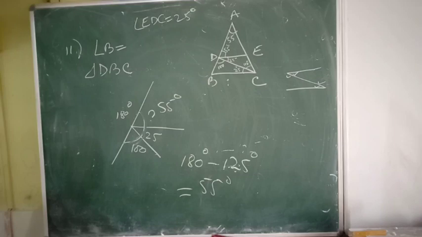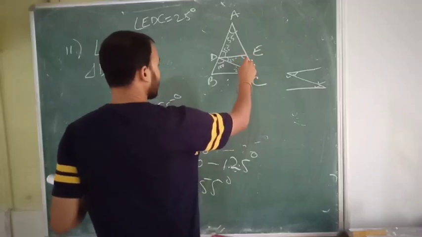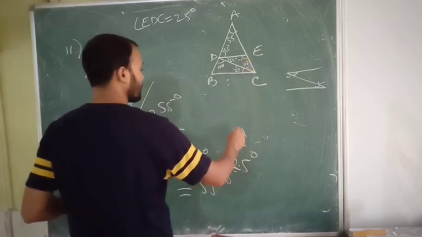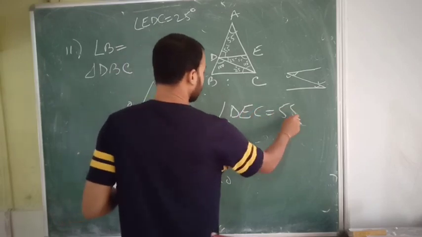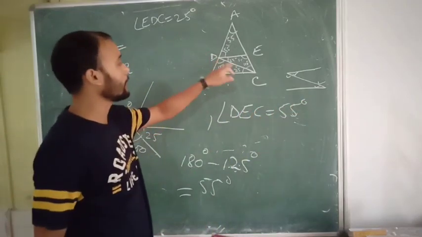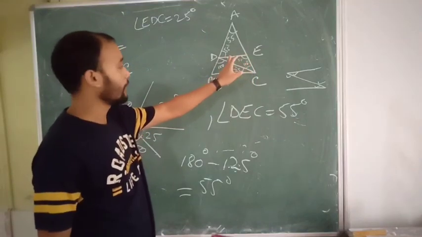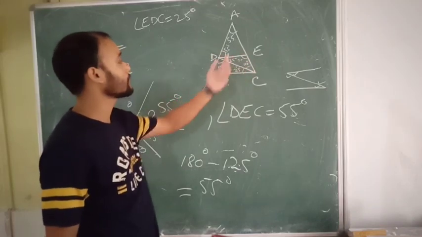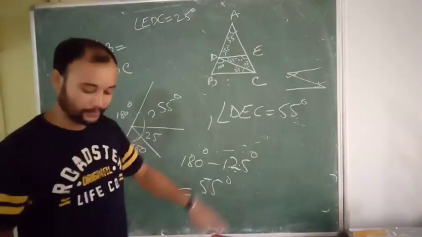DEC. This is also 55, and 180 degrees minus 125 is 55. So that is angle DEC, 55 degrees. Yes, you consider this triangle DCE. This is 25, this is 100, and this is question mark. If you add this, we will get 125, and we know the sum of the three angles of a triangle is 180 degrees. Simply subtract 125 from 180, then you will get 55 as the answer. So angle D is 55.